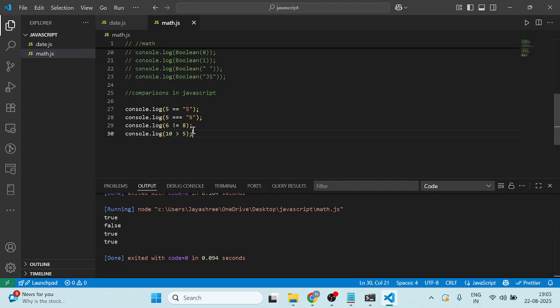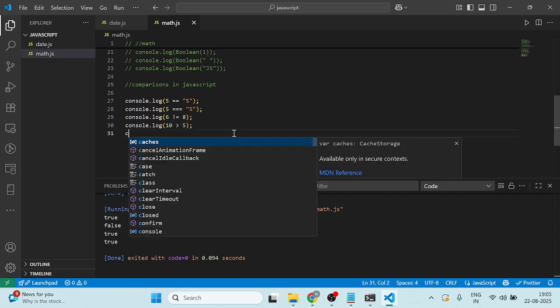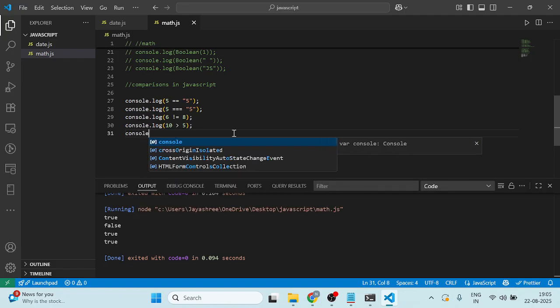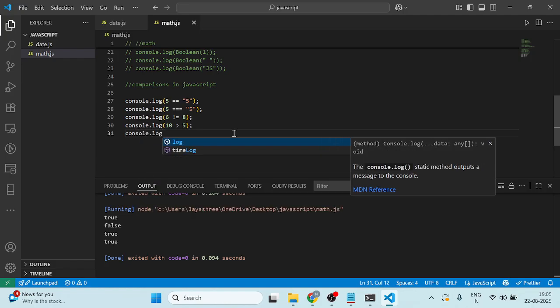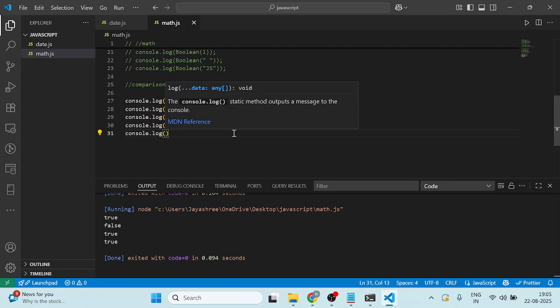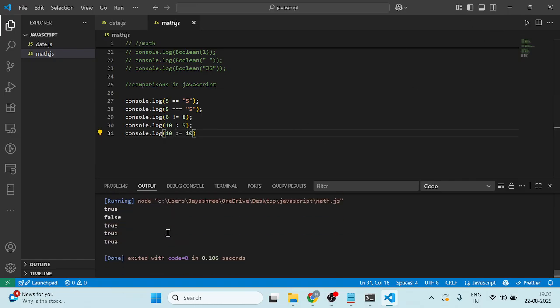So these are basic scenarios. Then, greater than or equal to 10. Okay, so that is also true. So less than or equal